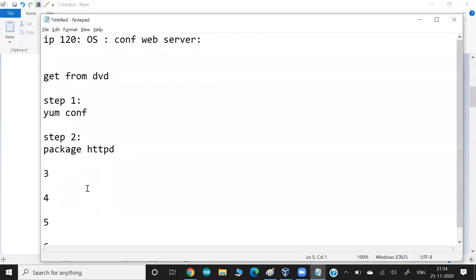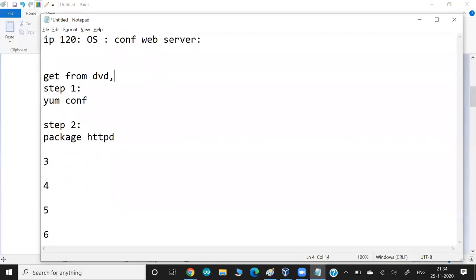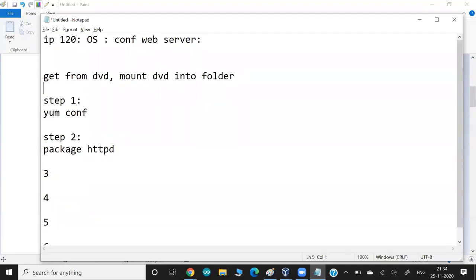So if you want to get the software from DVD, you have to first mount the DVD into some folder. Okay. So technically, it means my first step to be what? My first step to be to mount the DVD. Second step to tell the yum